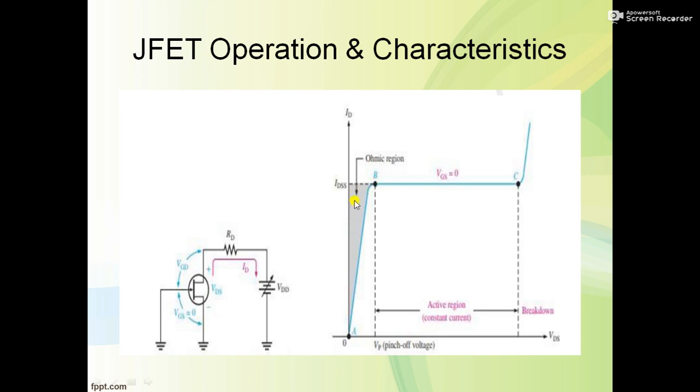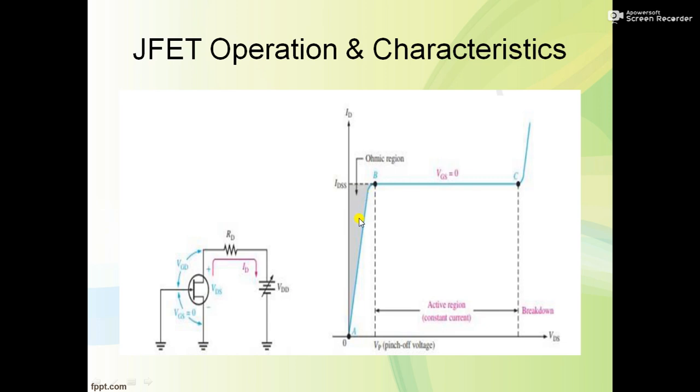In this region, the voltage between the gate to drain junction is in the forward bias condition. In forward bias condition, the depletion region is very short, and this part of the region is called the ohmic region,